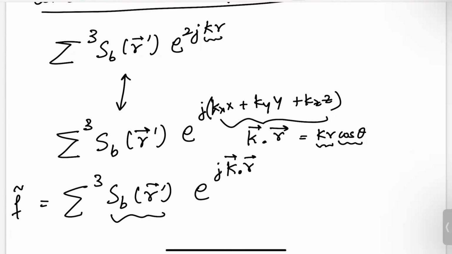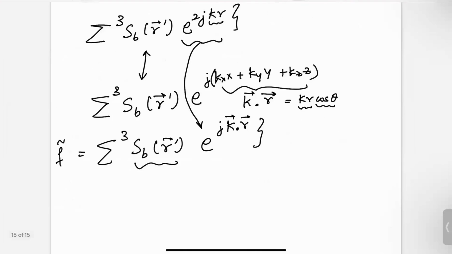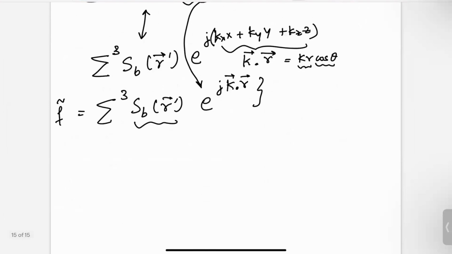So to speed it up, what we need to do is express this as this. And the key insight is that this is a spherical wave, whereas this is a plane wave. So essentially we use a spherical to plane wave expansion to express one as the other, and then we can use Fourier transforms. So if you can do a 3D Fourier transform instead of all of this summation,